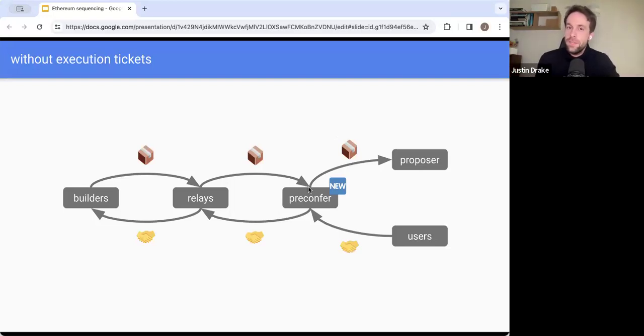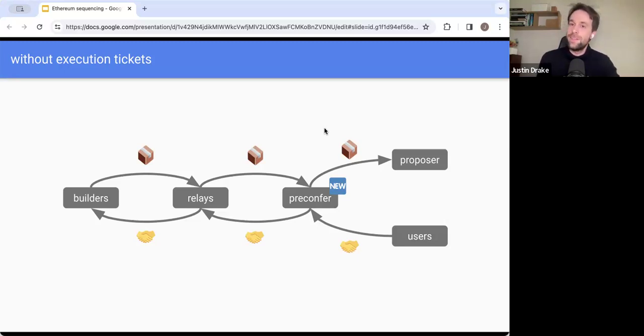And so the way that I envision it is that the pre-confer has some sort of mechanism to price these tips. This could be by working with searchers, for example, that act as advisors, I guess, or another mechanism, and this is something that I believe Kartik from Sorella is investigating. There could be some sort of real-time auction where the searchers are bidding against each other for this tip and buying the risk in some sense, which would provide more transparency, more fairness, and be a market-driven design.